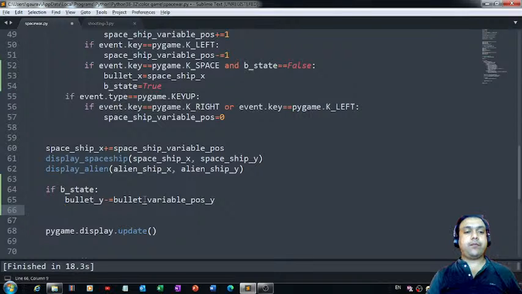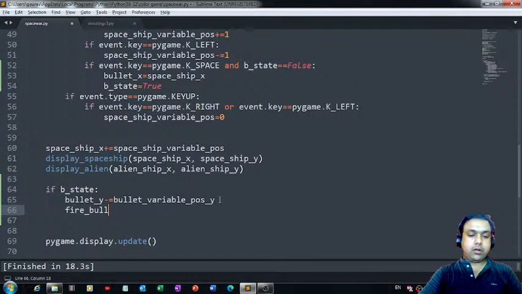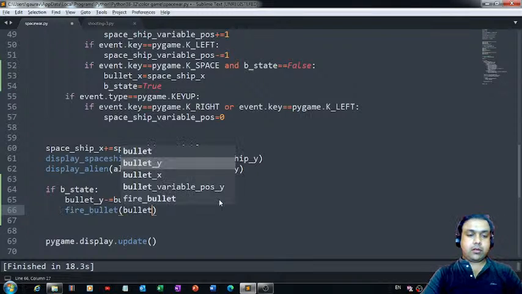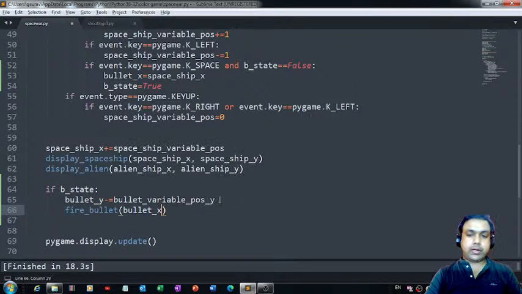We have defined display alien for getting the alien reflected on the game, and now fire bullet, and let's pass these two values to it: bullet_x, and I would like to see it coming out from the head of the rocket, so that's the reason I have done bullet x plus 15. Why? So that we can get